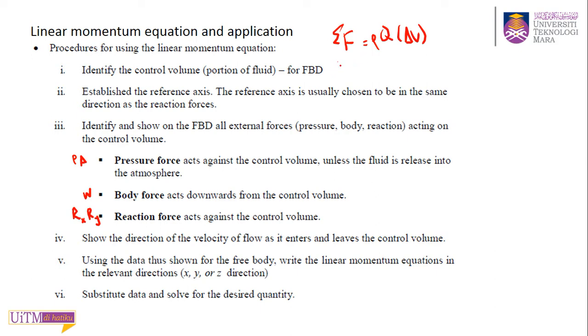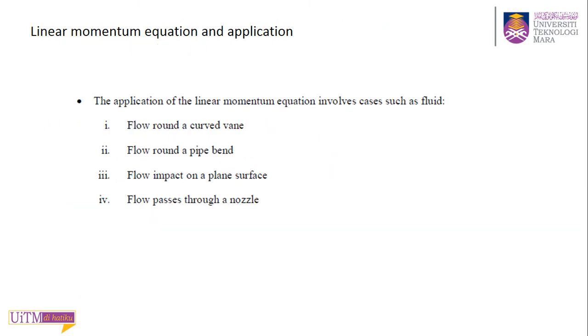And lastly, you substitute all the values into your equation to solve the problem. Normally they ask you to find the resultant force, whether in the X or Y direction. So that's the theory on linear momentum,